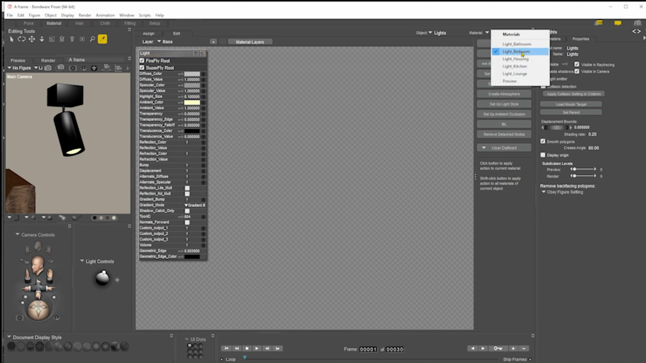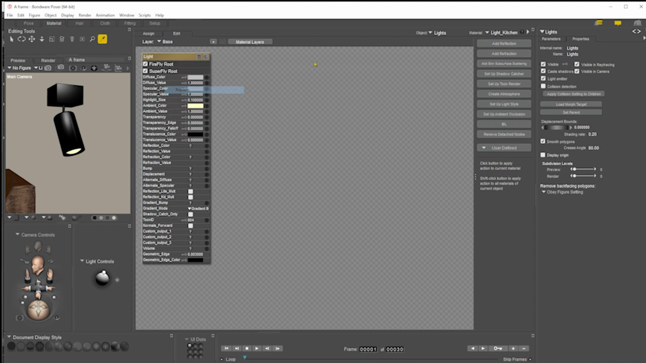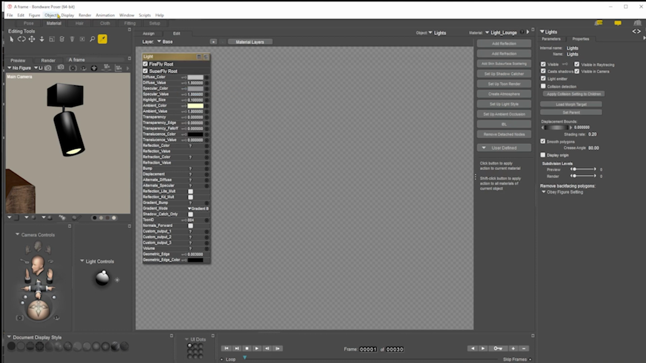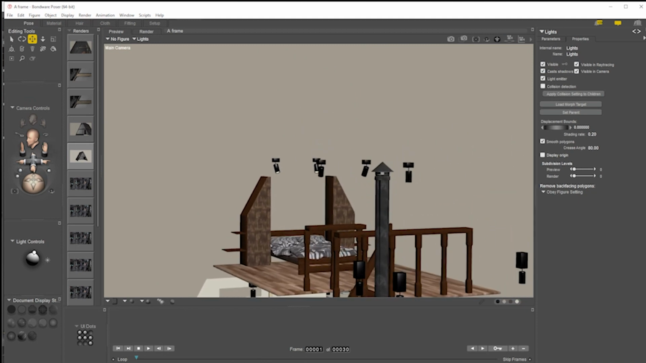Bedroom we've done. Light housing, not interested in. Kitchen, I think the kitchen one's probably brighter, but for now we'll just do it here again. So replace, lounge, replace. So now all of the lights in the scene are emitting